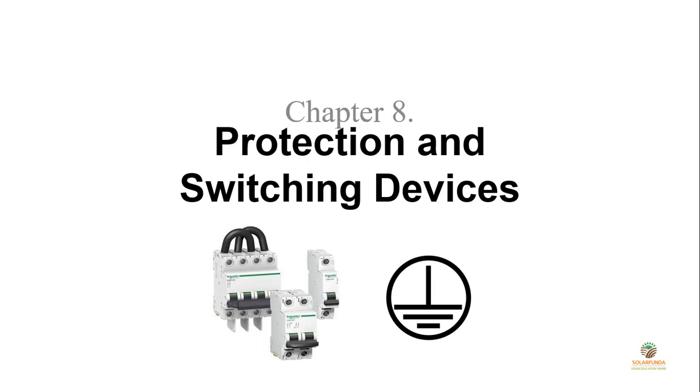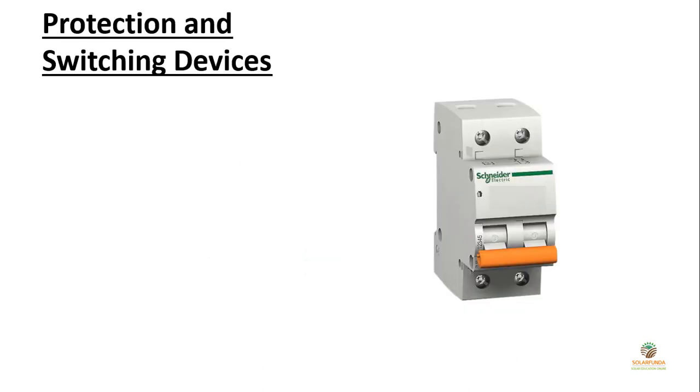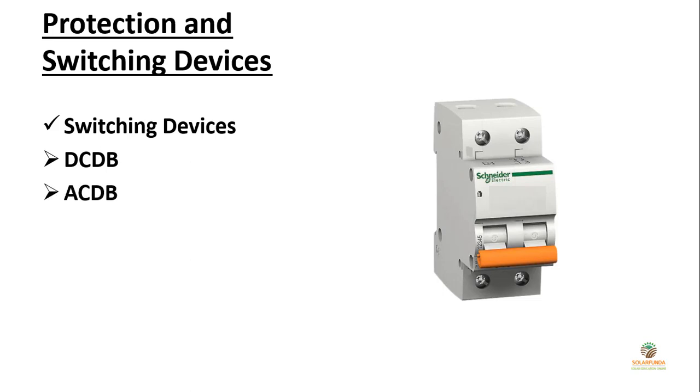You might be familiar with this type of MCB and earthing system in your home. So, let's get started. I will start with the switching devices first. In a solar system, you also require these devices. We have DC-DB between solar panel and inverter. On the other hand, between inverter and grid, we have AC-DB. Coming to the protection system, we use earthing and lightning arrestor, which protect the system from various faults.